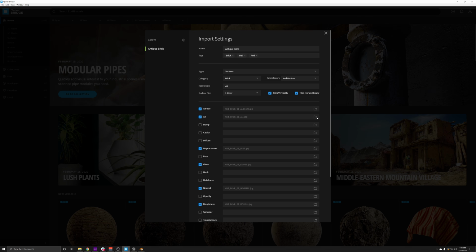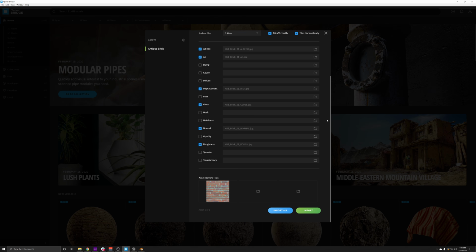So now, after it's figured that out, let's scroll to the bottom. One thing I wanted to point out was the asset previews. You notice that all of the assets in Bridge are in the form of a sphere. Well, since I didn't have a sphere image by default in my folder, it's just picked the albedo map.